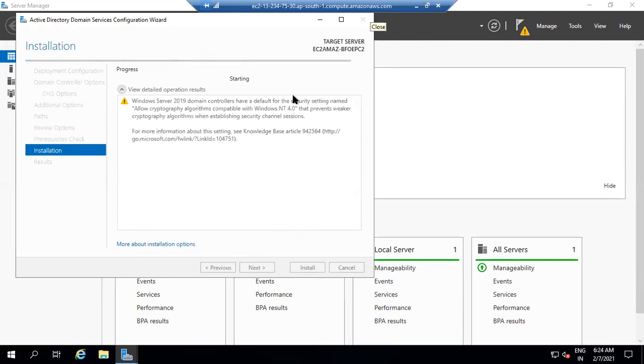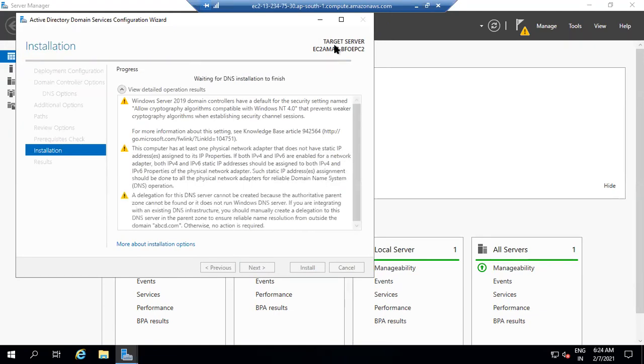So I have just given the username and password. So it is getting installed.